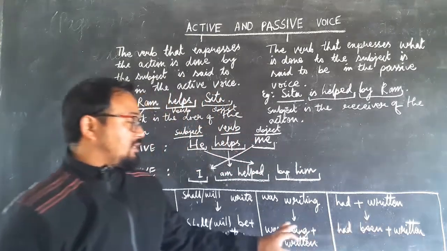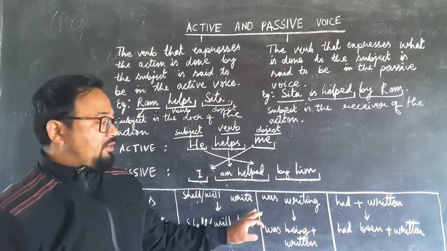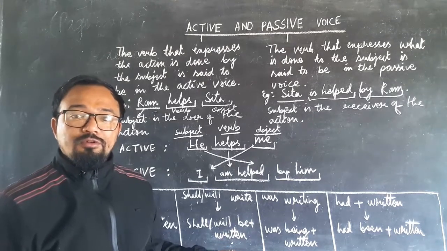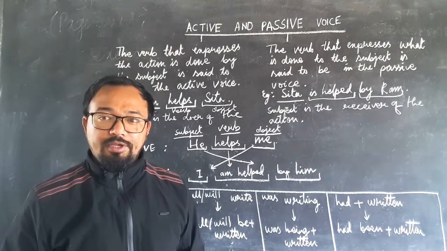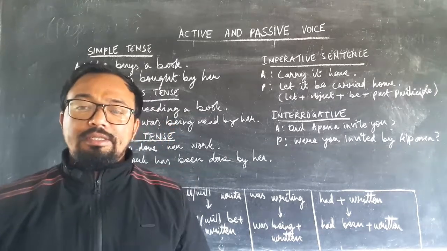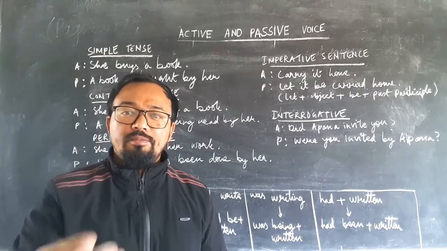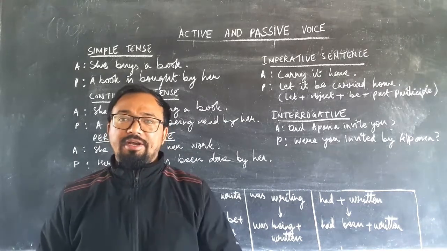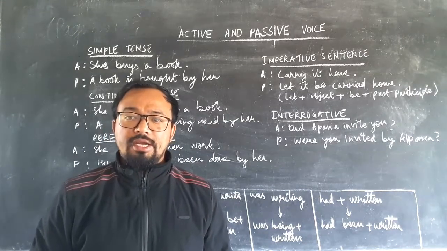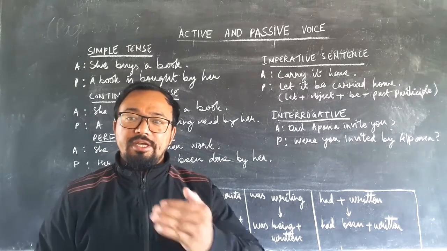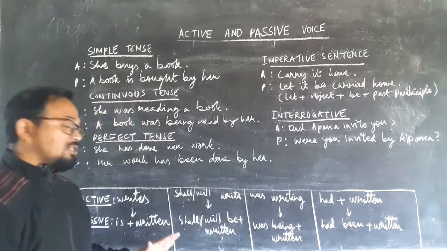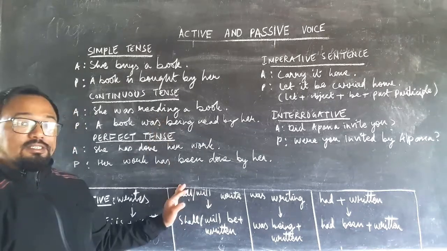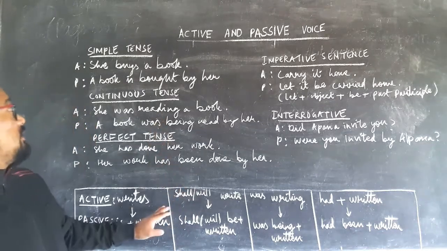So if you apply this when you are changing from active to passive, very easily you will be able to solve the questions. Now in this chapter, questions may be in different types of sentences or different tenses. So you need to understand the tenses and changing their form also, like this formula I have explained here. In the same way you will apply this formula in each tense. I am going to show you how to apply it now.